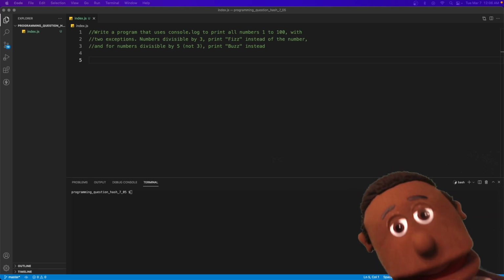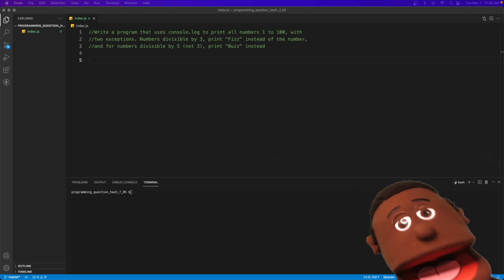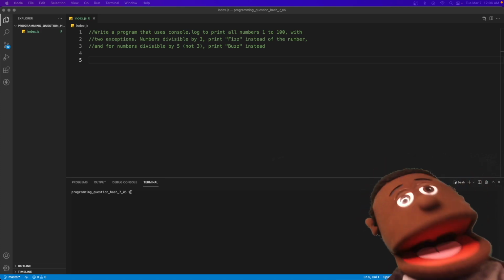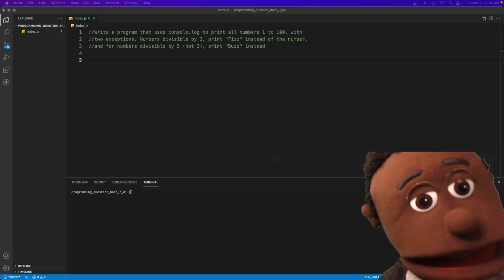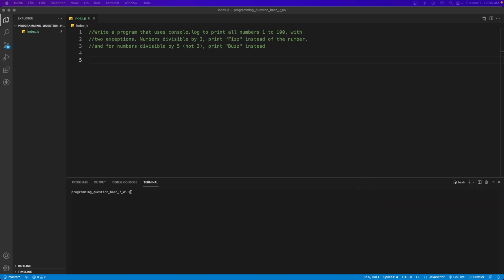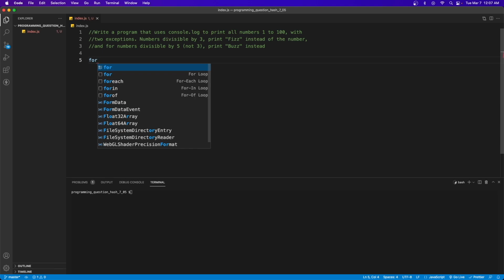All right, so we'll have to give this one a little bit of thought here. I think my lips were kind of going off camera there. Anyways, let's give this one a shot. I think very similar to the previous one, we know we're going to have to end up working with an actual loop. It said numbers 1 through 100 on line 1. So let's actually do a loop here,